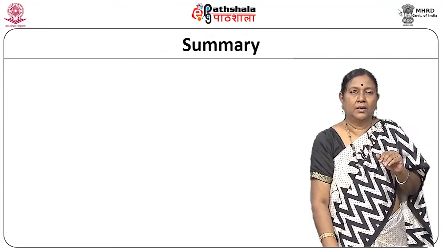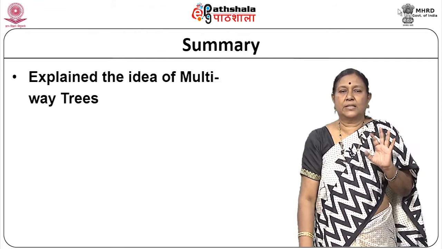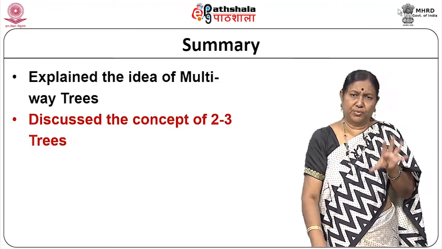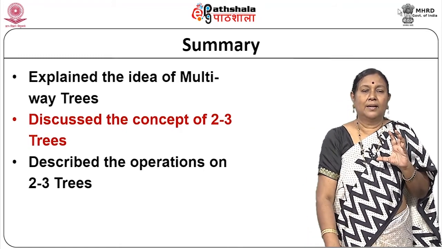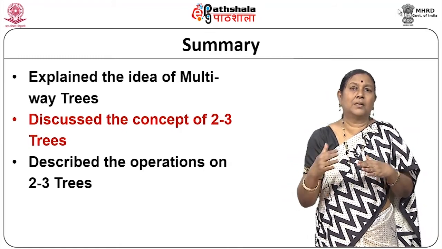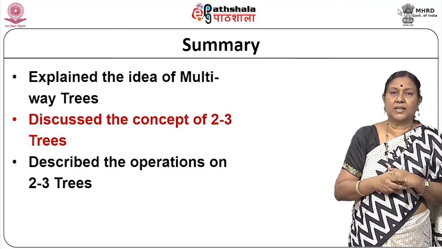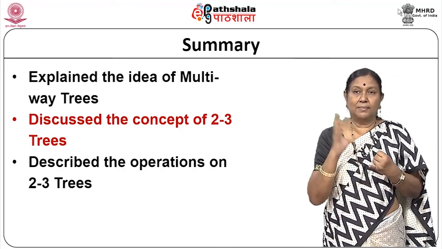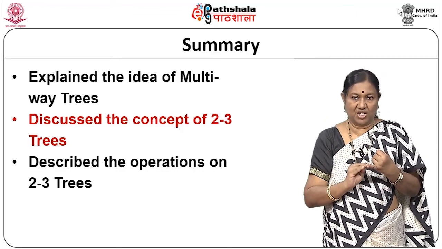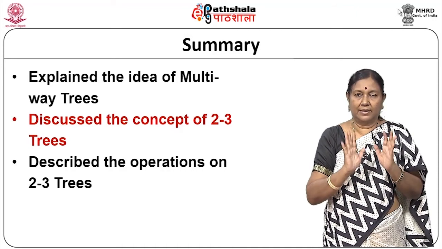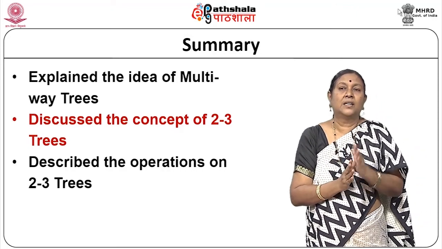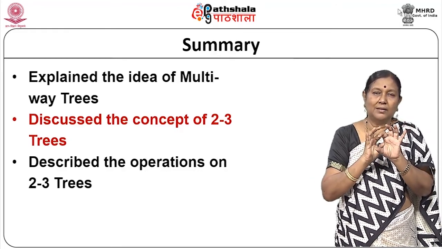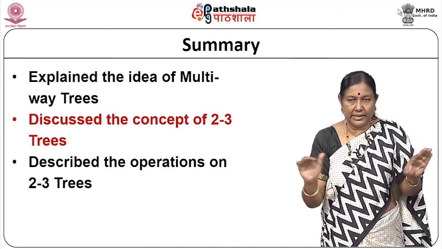Okay. So, in this particular module we had explained the idea of multi-way trees, we discussed the concept of 2-3 trees, what does it mean? It is different from what we have seen up to the previous modules because of the following. One was you allowed more than 2 children, okay, the similarity was it was supposed to be a search tree, it is balanced, that way that remains the same, but the difference is you could have more than 2 children and you had a concept of all the leaves all being at the same level,